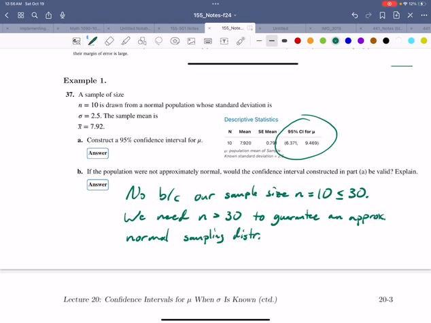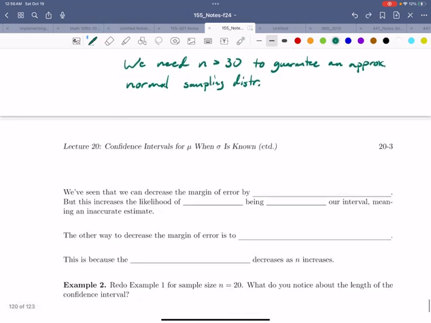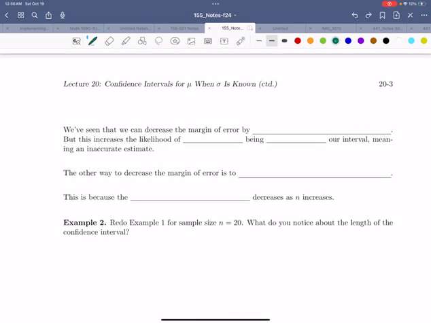Right? And that's what allows us to do all of this confidence interval, z-score, standard error stuff, right? We need our sampling distribution to be normal or approximately normal. So we need either our sample to come from a normal population, or for our sample to be large enough. Okay. Now, we've seen that we can decrease the margin of error by, well, what can we do? We can decrease our confidence level,